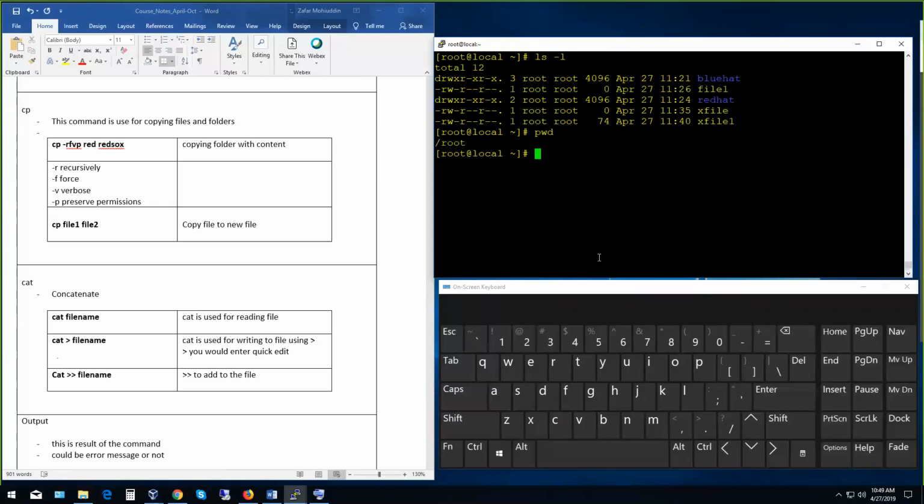So I'm in a directory, pwd. I'm going to go into the directory, cd redhat. Okay, and then I'm going to copy. I know the file xfile1 is in the folder root. So either I could do root, then xfile1, and then I type the period. When I type the period, it's telling me that